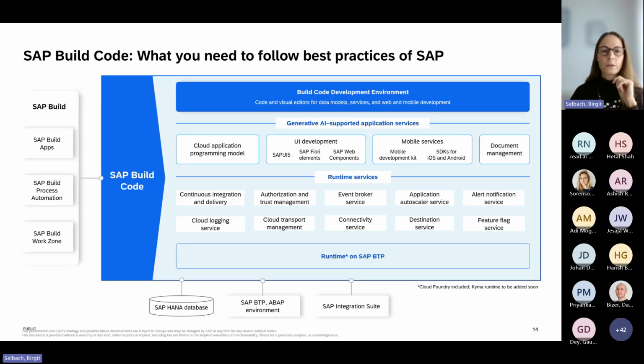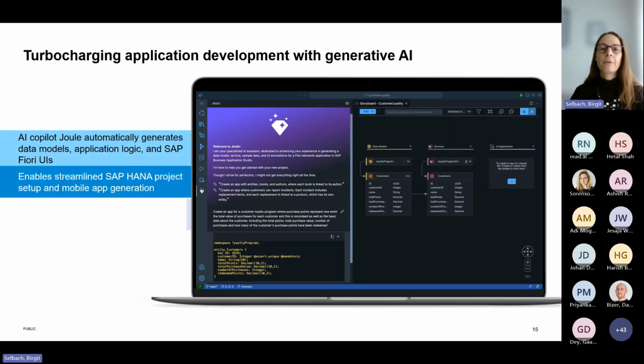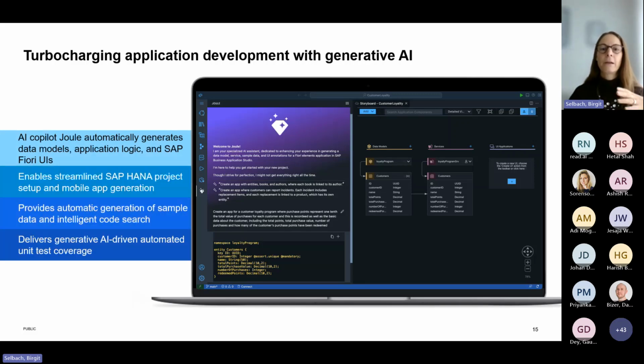Mobile services, and also document management. And you can also easily use all the runtime services, like, for example, CI/CD or authorization trust management, the destination service, and all the other runtime services. Right, and by that, SAP Build Code really provides you everything that you need to develop your Clean Core compliant extensions. But let's now have a look at the app development with generative AI that we focus on in our